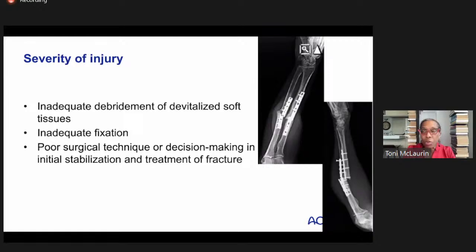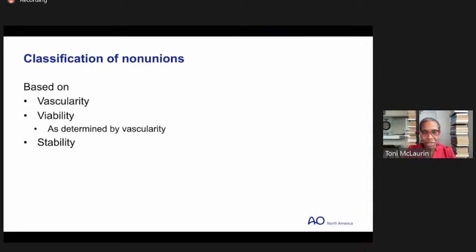We've already been through this. This is what happens when you get old. You know all this stuff. You already saw the failures. So we do have to admit that sometimes we are the severity of the injury.